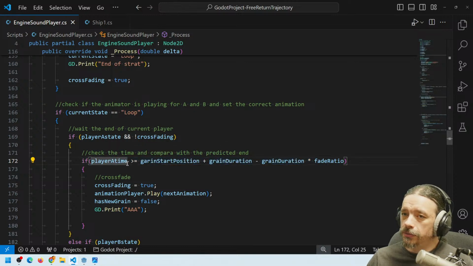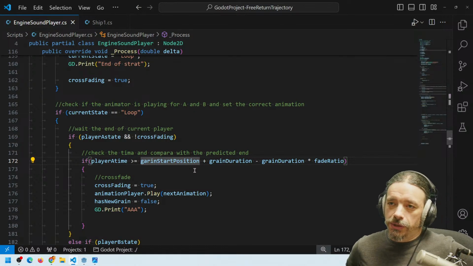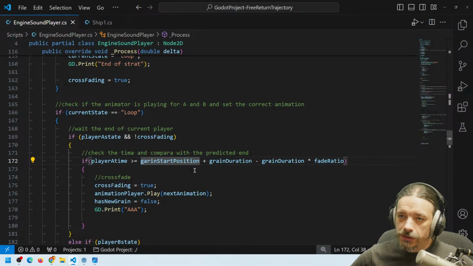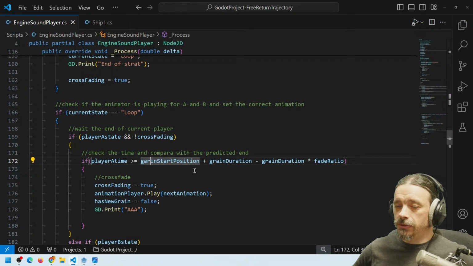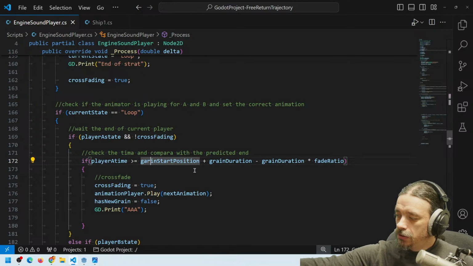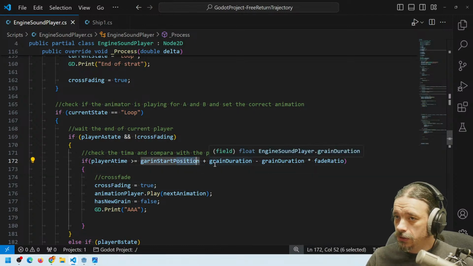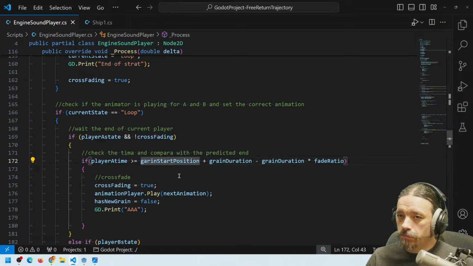If player A time is greater than the grain, oh, but this grain start position will change. That's why it's not working. Because as soon as I finish the previous frame, this will select a new grain and this number will change. So instead of the grain start position plus whatever,